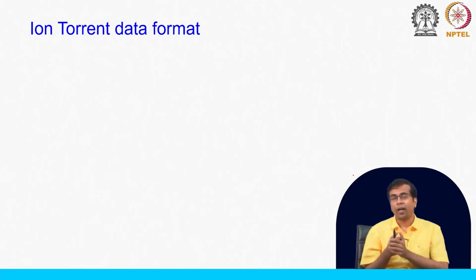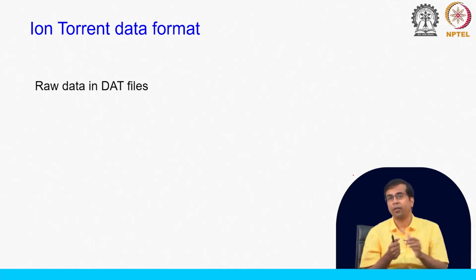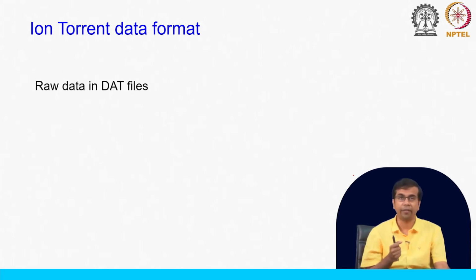Now, moving on to the Ion Torrent data format. So, how does the Ion Torrent data look? The raw data in Ion Torrent is stored in DAT files. Ion Torrent raw data means you have the current data, the pH change. This pH change will induce more current, and that signal is stored in these DAT files,